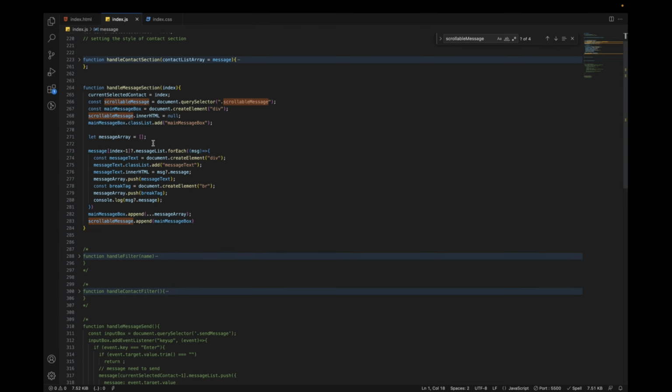So that's why I am taking here message list, and again doing the same thing using a for each loop, referring every message as an msg and creating the div, adding some class list and using the inner html. I just put that message inside this div, and inside this message array I am pushing this message div. And I'm also using this break tag